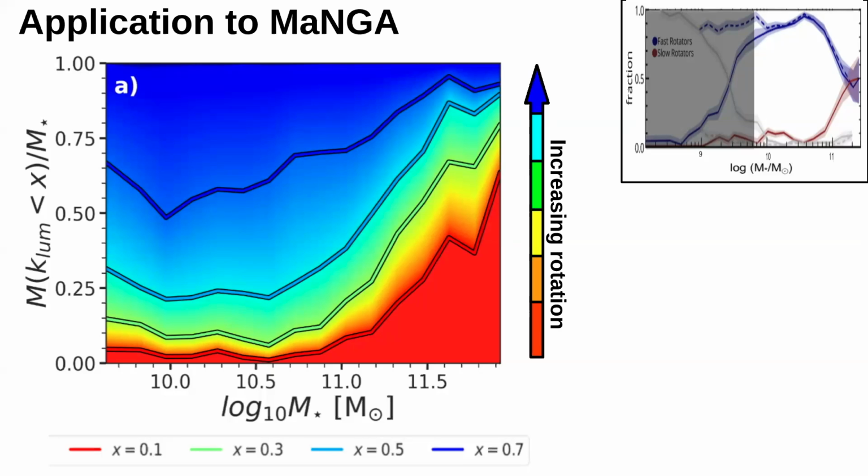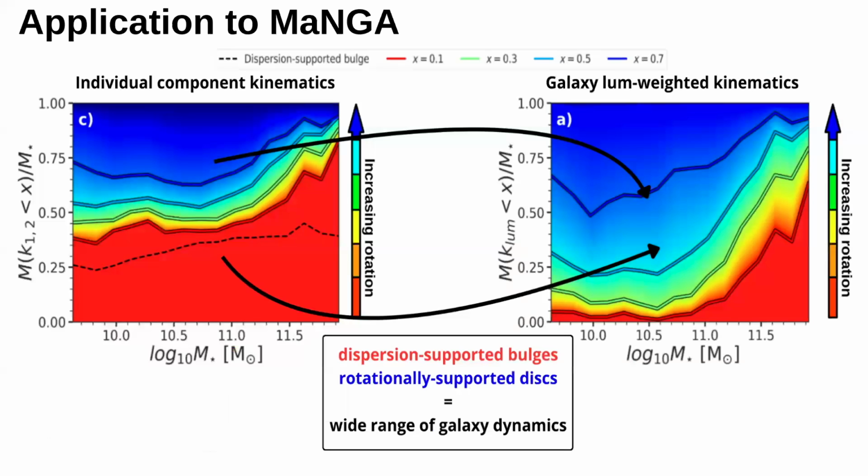As you can see, if before there was a clear separation between a cold structure and a dynamically hot structure, here we have a much smoother and broader gradient. So what is happening is that there are two competing processes. Basically, at fixed stellar mass, I can have bulges and disks of similar kinematics combining in terms of luminosity in different ways to give you the overall dynamical state of the system.